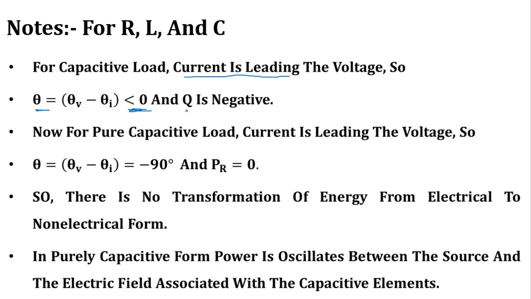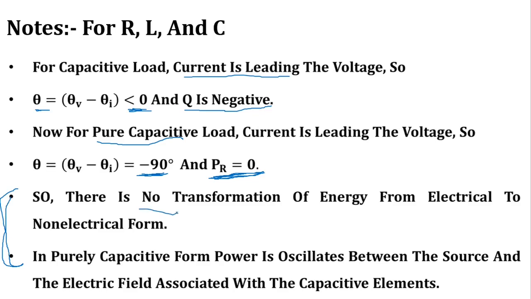So for a capacitive load, Q is negative. Now consider the pure capacitive load. The angle is minus 90. With the angle minus 90, the same effect as the inductive case occurs for the capacitive, that is, active power becomes 0. So we can say that for L and C,